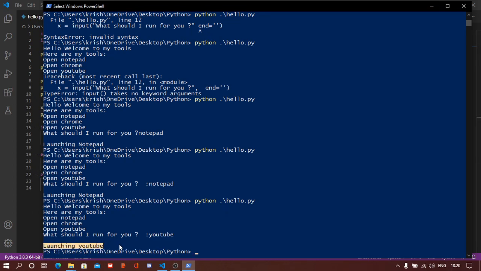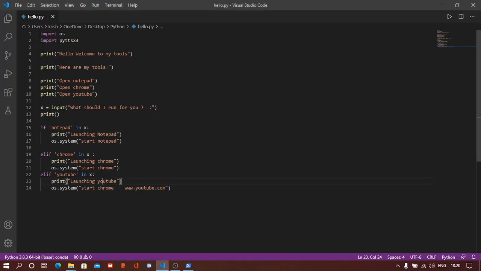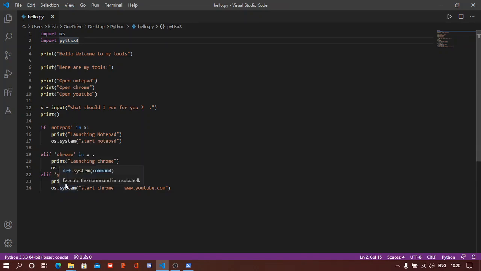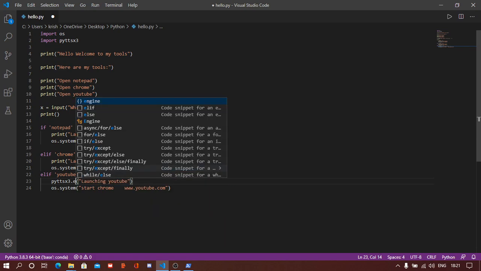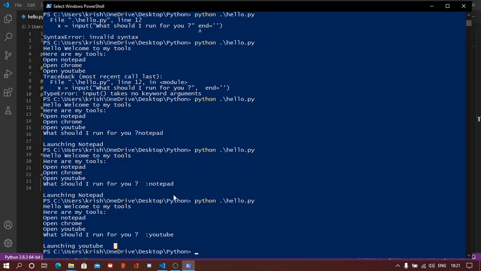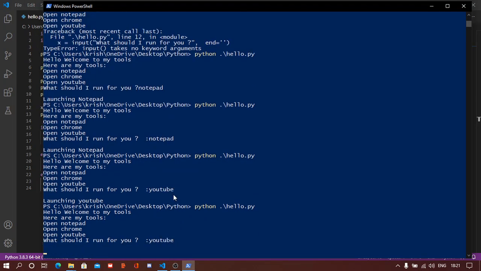So I'll just exit this, and what I want is, I don't want this to print launching YouTube. I want the computer to say to me launching YouTube. So this is where pyttsx3 comes in, and the role of pyttsx3 is here. So instead of writing a print statement, we are going to do pyttsx3 dot speak, right, and if I just run it again and I write over here YouTube,